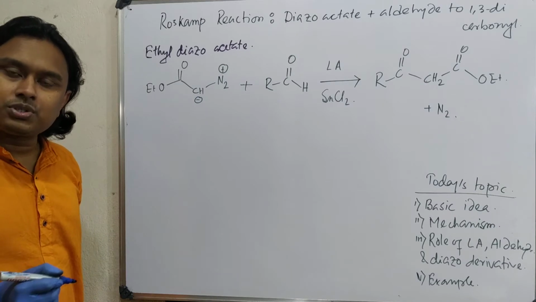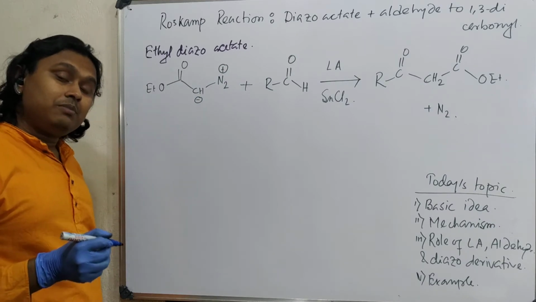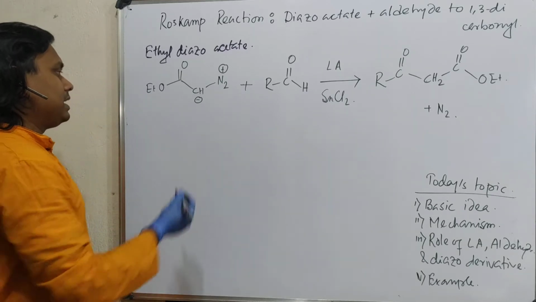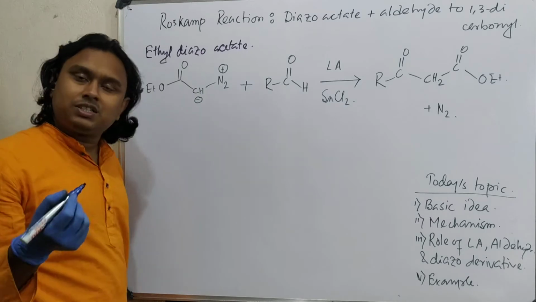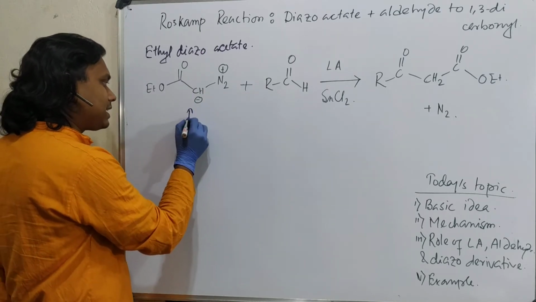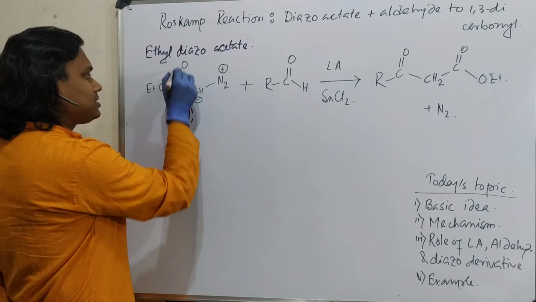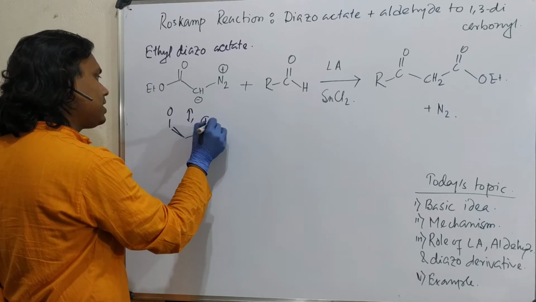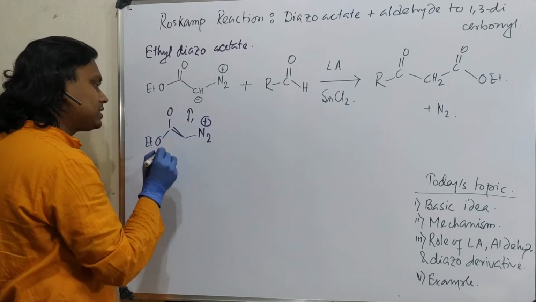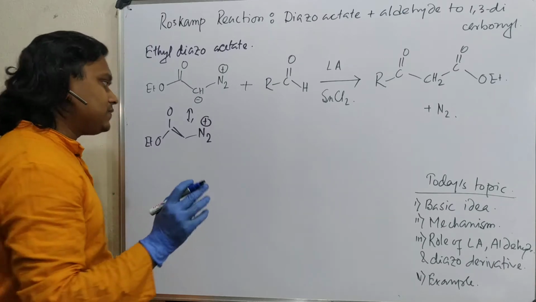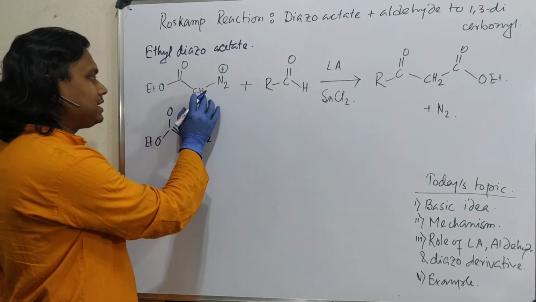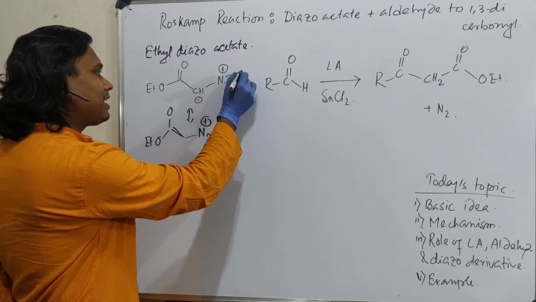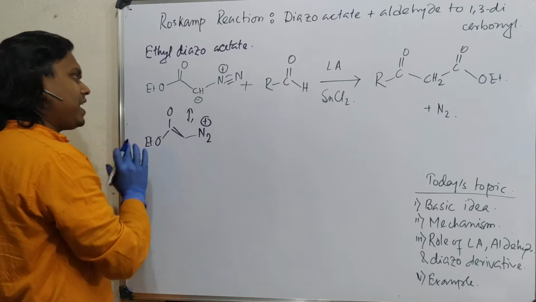It has an interesting property. It is relatively more stable compared to diazomethane, and its boiling point is higher. Why? See, this negative charge and positive charge is the general feature of diazomethane. It has a canonical form, meaning this negative charge is delocalized, like enolate stabilization you may consider. I have already discussed such enolate stabilization in videos like aldol. Please visit. And not only that, you may consider this as a 1,3-dicarbonyl type, one carbonyl and this. Okay, so this is fairly stable.